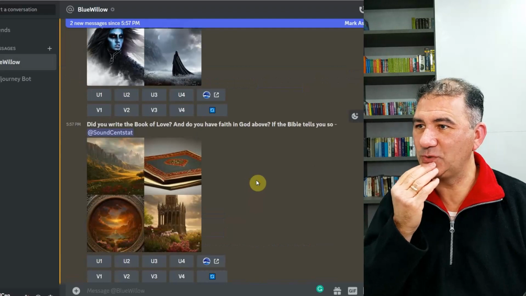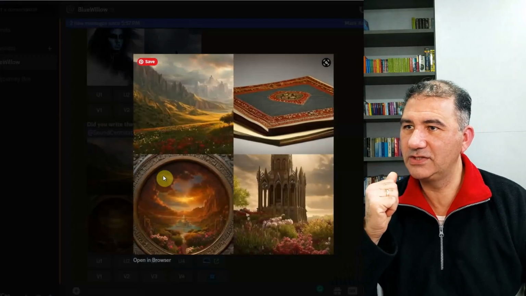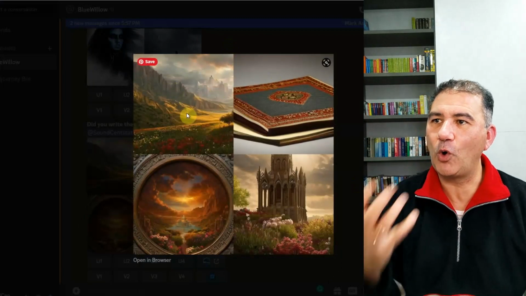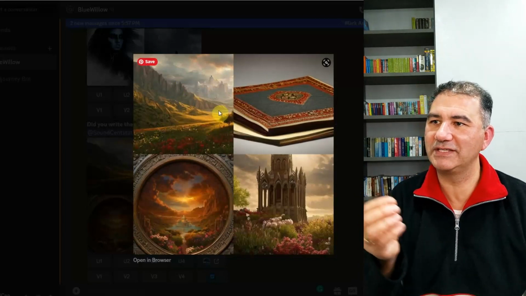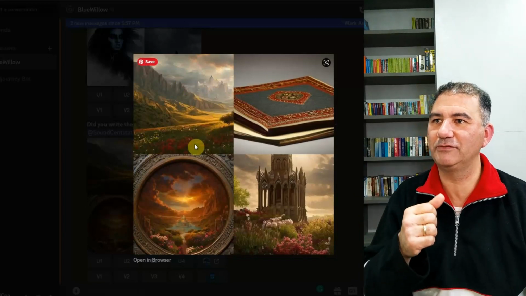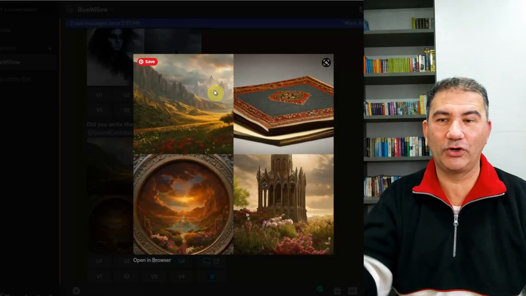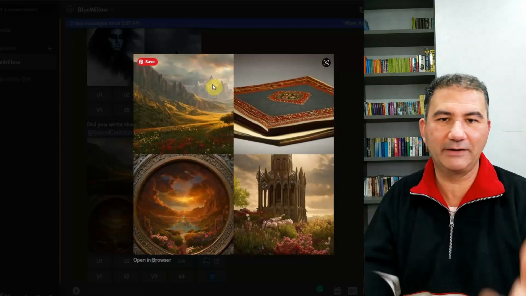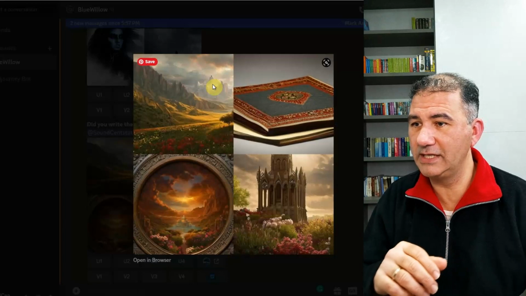All right, and the last one, did you write the book of love? This came from American Pie. So this is a really nice image here. There's a lot of hope, a lot of warm feelings. We've got this lovely meadow, some red flowers, perhaps poppies in the foreground, and a city off in the distance. Perhaps somebody's on a journey and needs to get to that city for some new salvation, some kind of hope. So that's definitely a really good image to utilize.